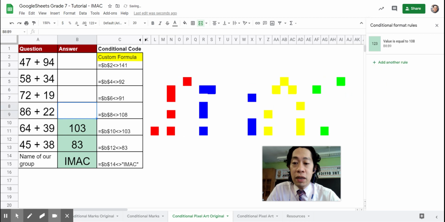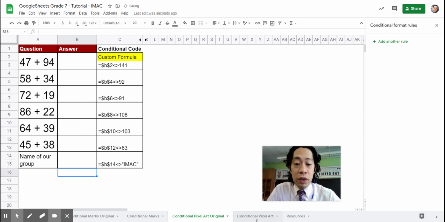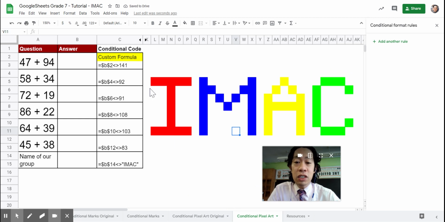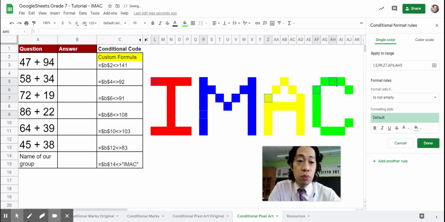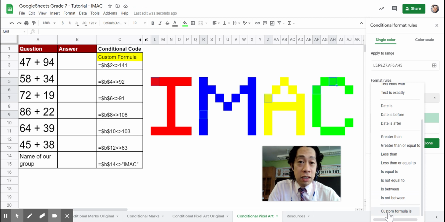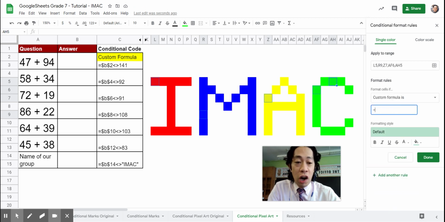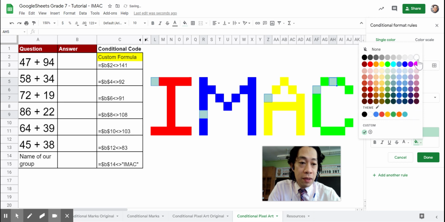So what I've done is I've actually started off with my original image that I have here, and I'm going to start clicking on certain cells that I'm going to hide if that condition is not met. So in this case, I've clicked on these cells. I'm going to add the rule for these cells that if, and now I'll go to custom formula. So if the absolute contents of cell B2 is not equal to 141, then I will make